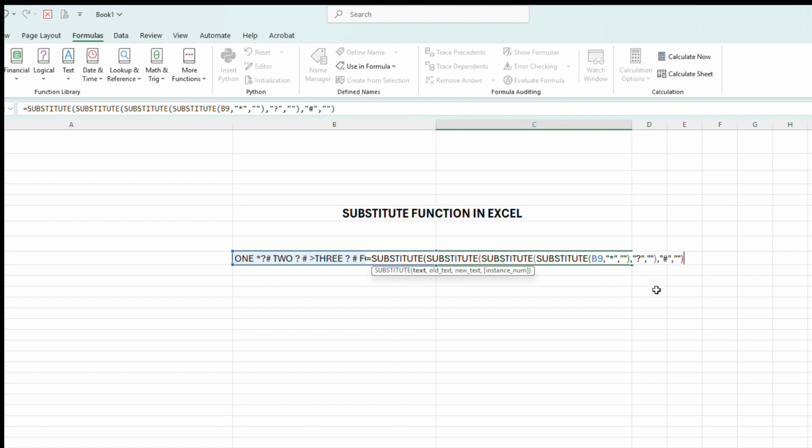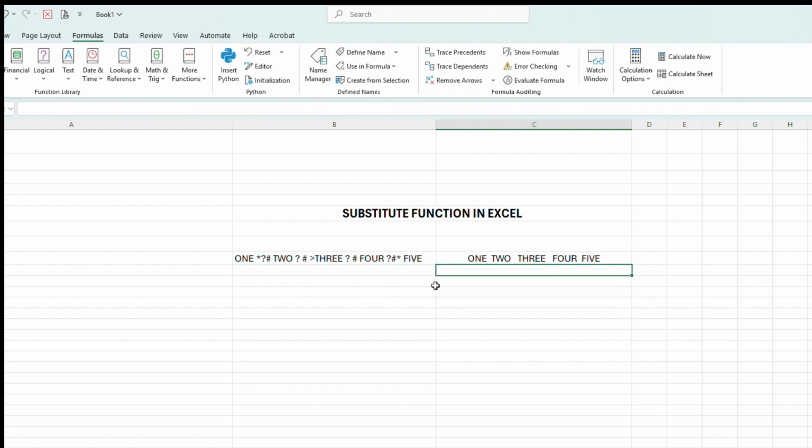bracket, and the fourth one will be the greater than sign: equal to, double quote, the greater than sign, double quote, comma. For blank, double quote, and close the bracket. Okay, so this will be 1, 2, 3. Everything is cleaned. This is useful for large data, unless you don't want to use